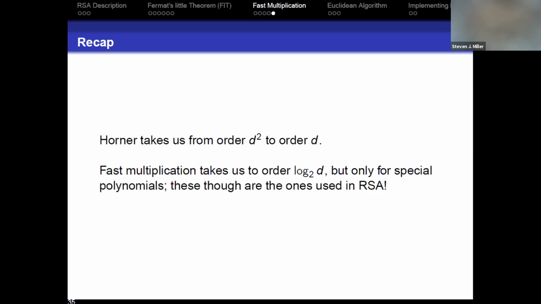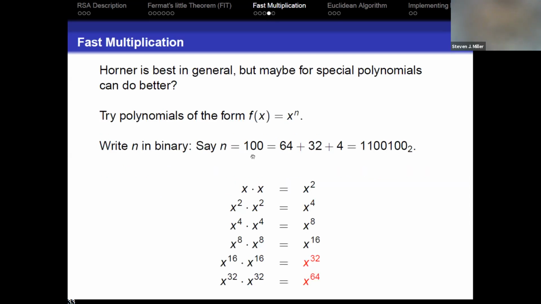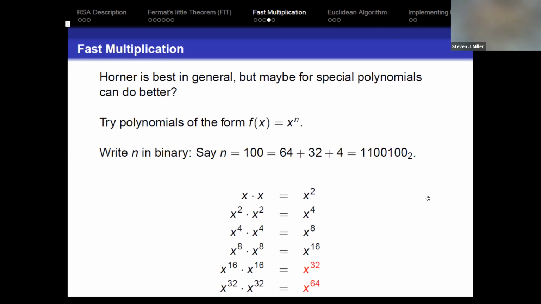Could you please explain again why you take 100 equal to 64, 32, 4? Sorry, I just missed that part. Sure. So what I'm doing is I'm looking at the base 2 expansion of 100. And more generally, if I gave you any power n, I would write n as its base 2 expansion. So x to the 100 is the same as x to the 64 plus 32 plus 4. So it's x to the 64 times x to the 32 times x to the 4. So if I can just compute these perfect powers of 2, then I can get x to the 100 by multiplying them together. And that's the power of doing things in base 2.